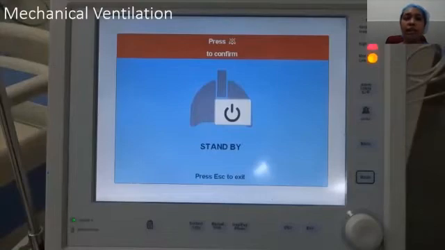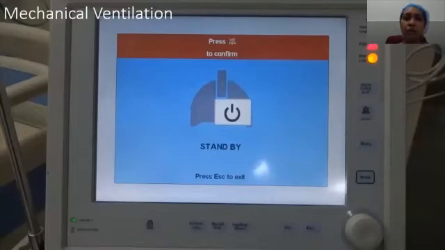Now, if we are not satisfied with the oxygenation of the patient, despite the maximum settings of non-invasive ventilation, or the patient loses consciousness, or the patient has a rising trend of PaCO2 or carbon dioxide levels in the blood, we need to go for the next mode of ventilation, which is invasive. That means we need to intubate this patient after sedating him.